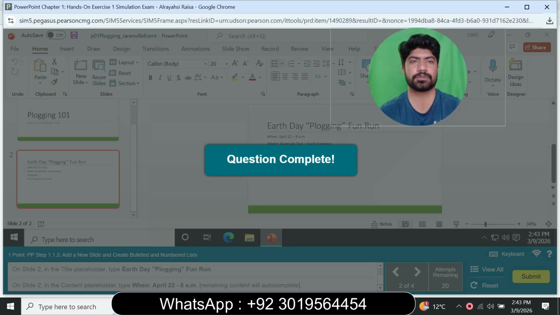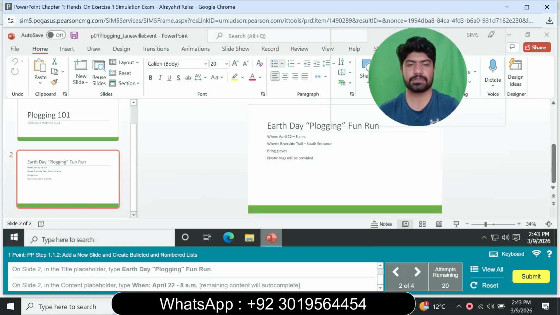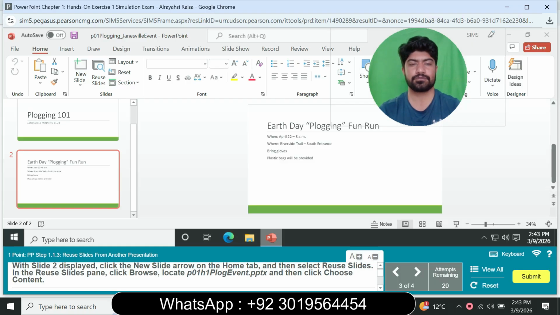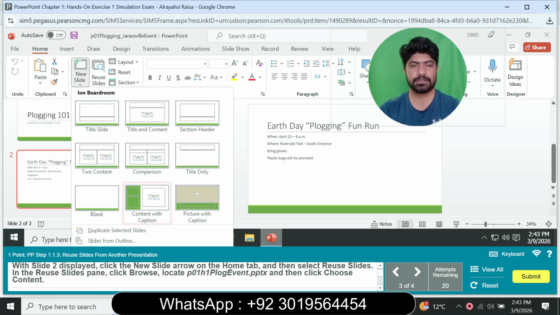So question number 2 is complete and we move to question number 3. So question number 3 is, with the slide displayed, click the New Slide arrow on the Home tab. In the New Slide menu, click Browse, locate the file, click Choose Contents. Go to the Home tab and click New Slide, and next